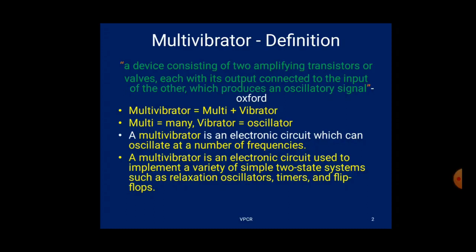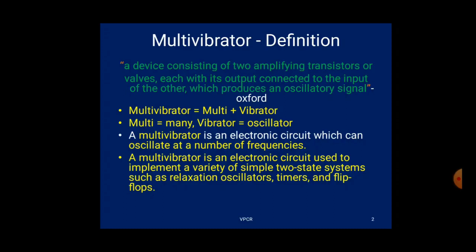So here you have to use a common stem. While you are studying electronic circuits, whenever you come across any definition of any circuit, you have to use this common stem: a multivibrator is an electronic circuit which can. So then you have to describe its operation. An amplifier is an electronic circuit which can, and a filter is an electronic circuit which can, like that. So you have to use a standard definition form so that you will get a proper idea.